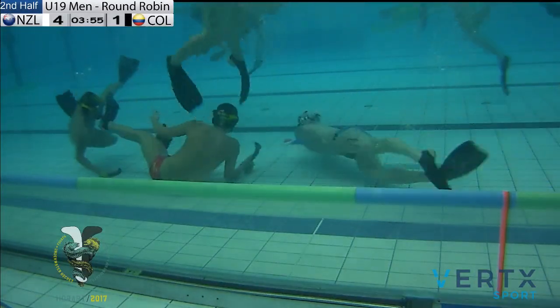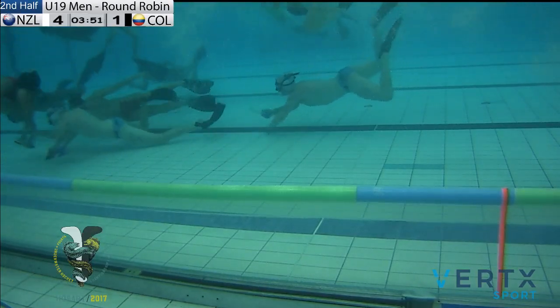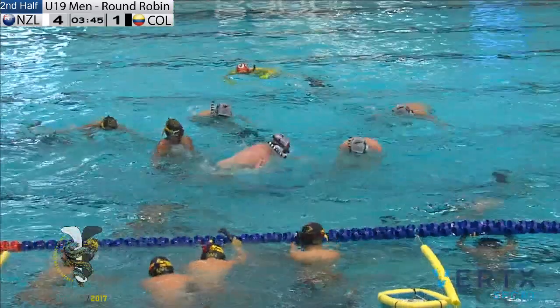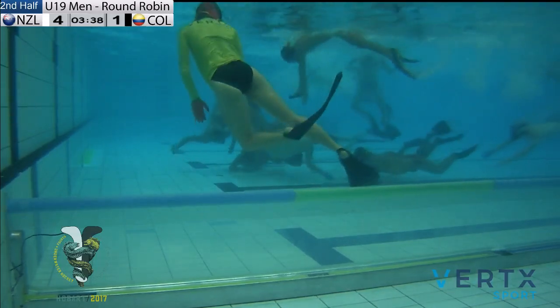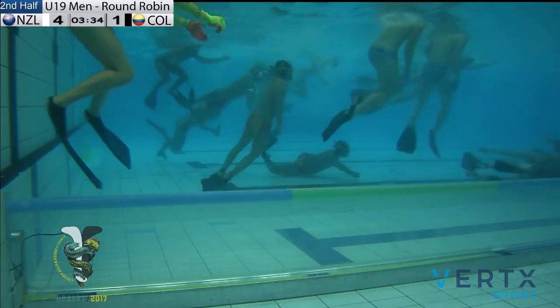It was a nice little reverse curl and a 45 drive from the Kiwi guys occurring. Maintaining good possession under a fair bit of pressure from the Colombians, the Kiwis at the moment. They're driving this left-hand side consistently, slowly but surely coming down the pool. Colombians getting a lot of numbers back, but the Kiwis just doing a really good job of maintaining possession under